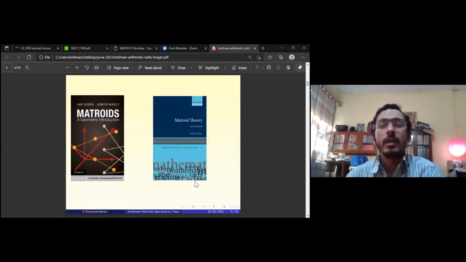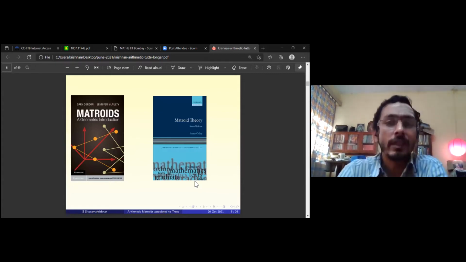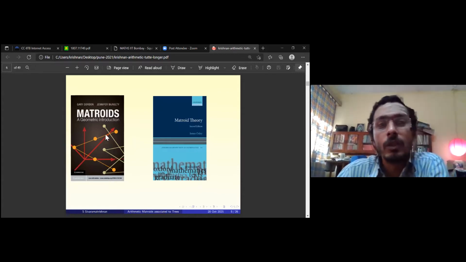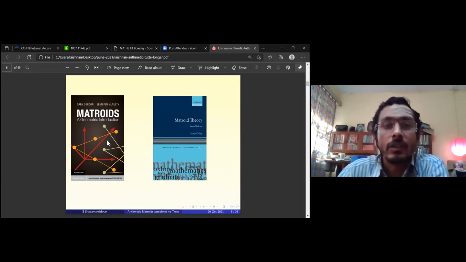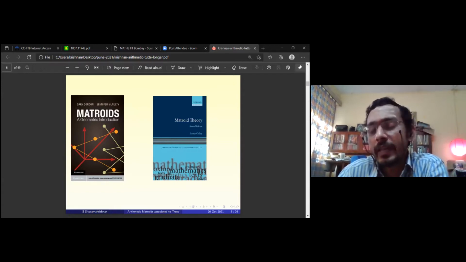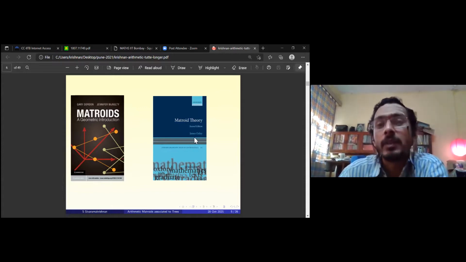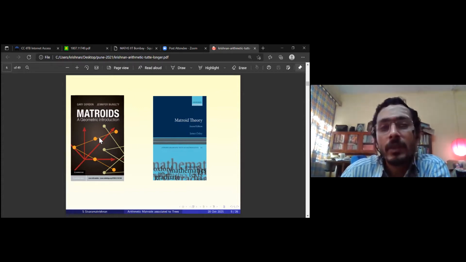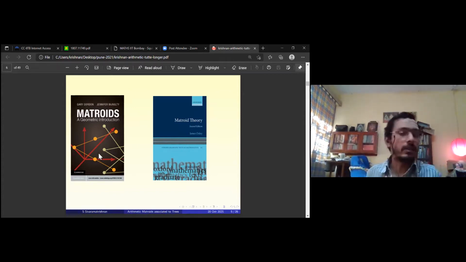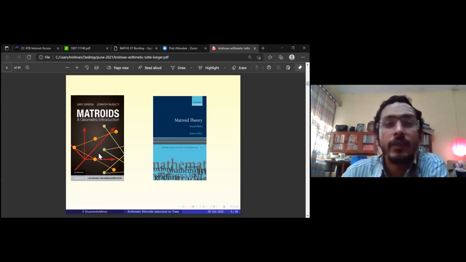So here are 2 references. These are both reasonably recent books. This one is the Geometric Introduction, by Gary Gordon and Jennifer McNulty, Matroids: A Geometric Introduction. This is very highly recommended, because it doesn't presume any other basics. This book by Oxley is the second edition of a classic book, and in the second edition more material is added. So this requires some more background. But this geometric introduction is a very, very painless introduction. So I definitely recommend this book for those of you who are interested in matroids.